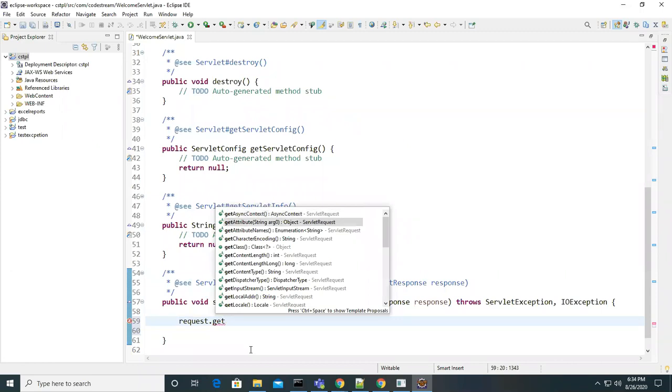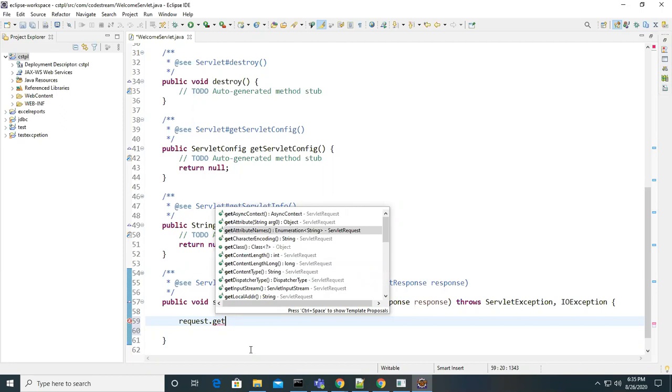So we have get attribute, get content length, get content type, get local name, get parameter values, get protocol, get reader, get server name, get server port number, and we can get the servlet context object. So many things we can get from that request object.